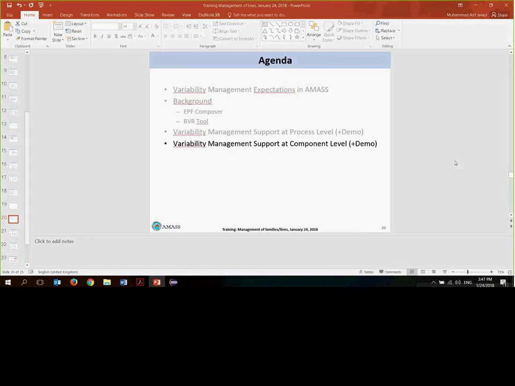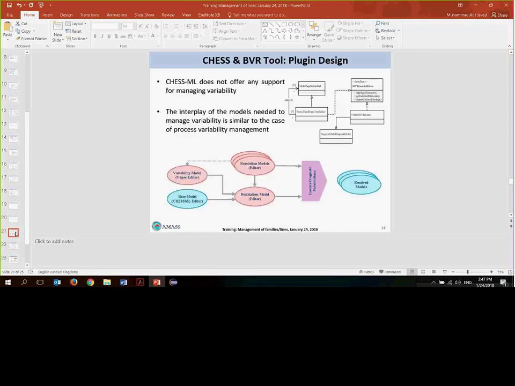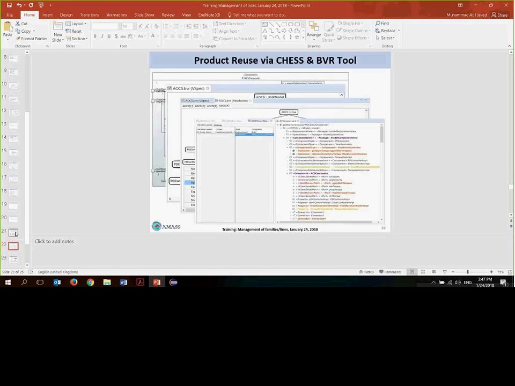The final topic is variability management support at component level. JSML does not offer any support for managing variability. The communication of the models needed to manage product variability is similar to the case of process variability management. As with the case of EPF Composer, we have four types of models. The first model,